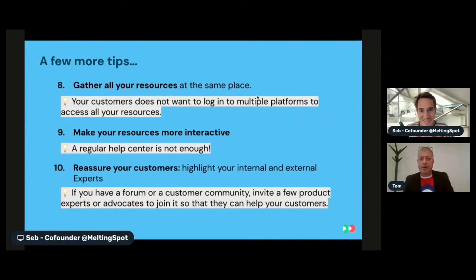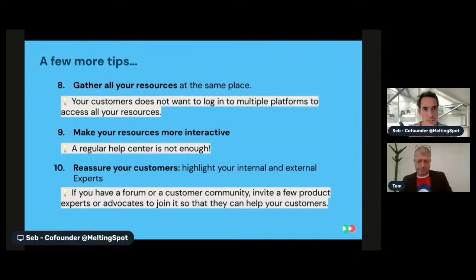No, I was just saying having it in product is actually the best solution, because your customer is working in your product, has an issue, has a question, whatever. Well, from within that product, getting everything at your fingertips is the best customer experience.